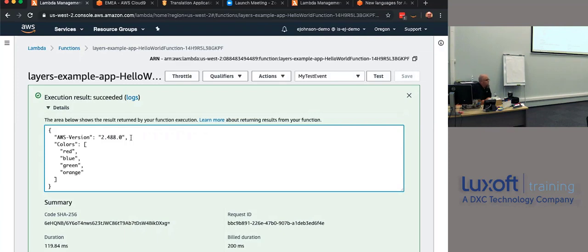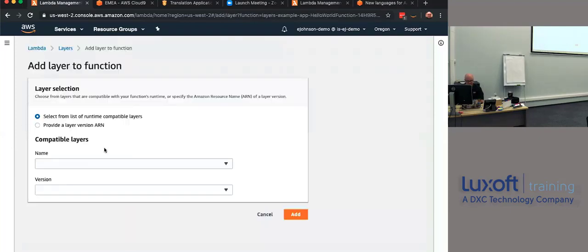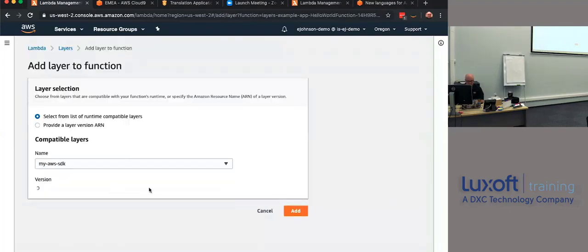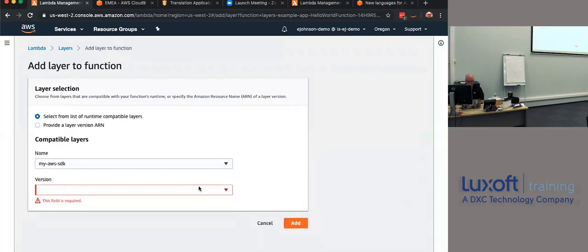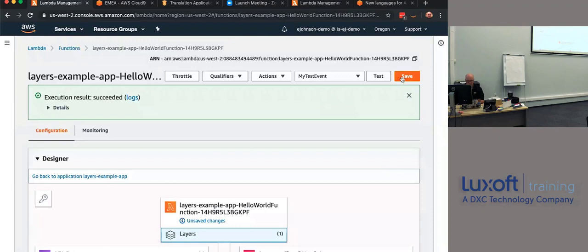So when we do these Lambdas, we do update them periodically, but they're not always the latest because the SDKs change all the time. If you want control of which SDK will always be loaded up, you can do it through a layer. So let me reattach that layer so you can see. If I add that layer in, I'm going to just say my AWS SDK, which version I want, save it,